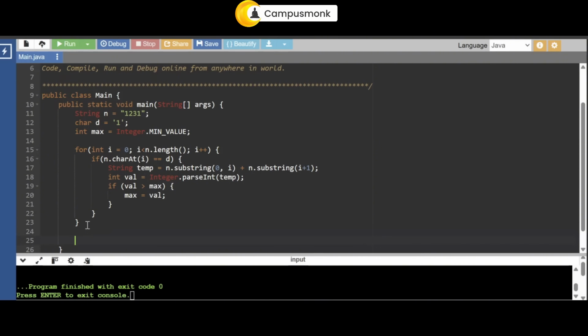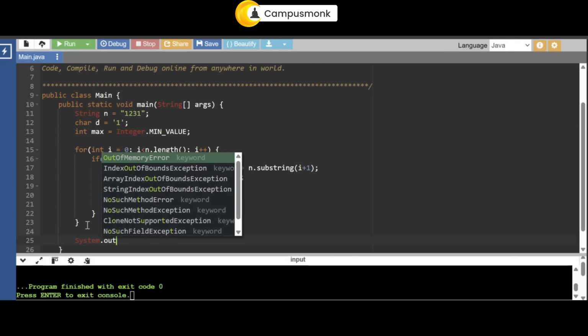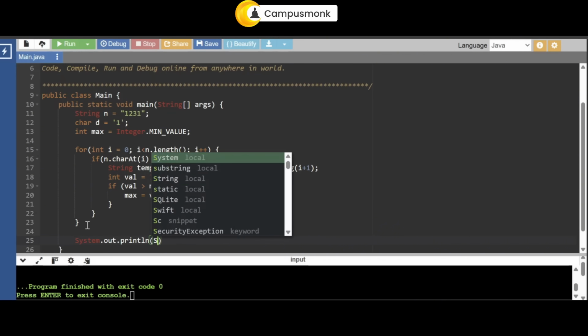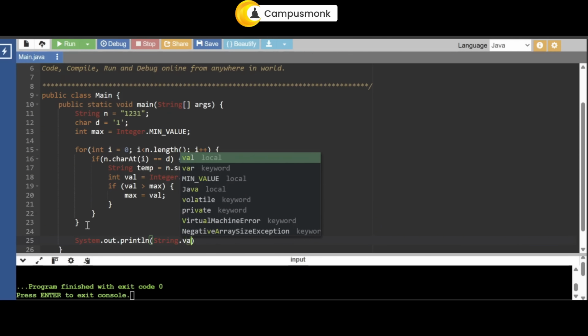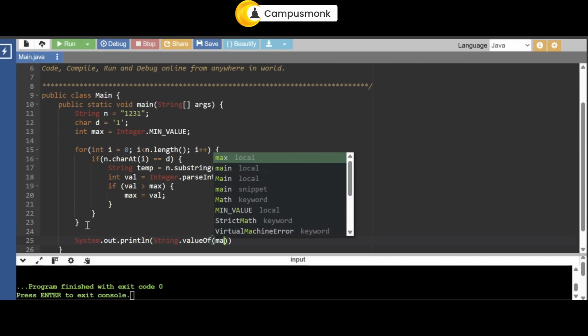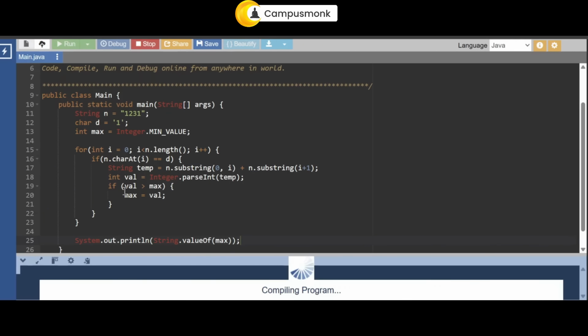Once you're out of that, you're going to just return. So you will do System.out.println. If you want ln, it's fine. If you want to do just print, that's also fine. So we'll basically print the value of your max. And that's it. So if I go ahead and run this,